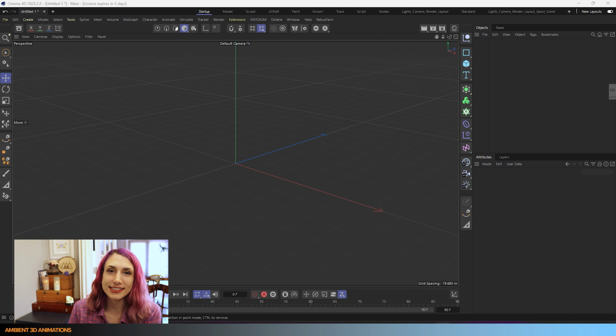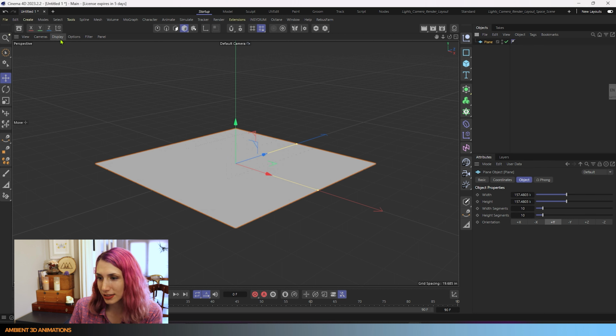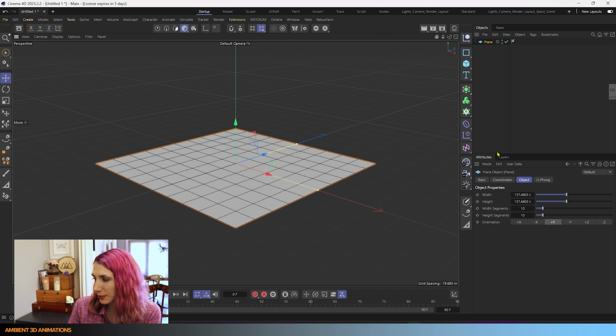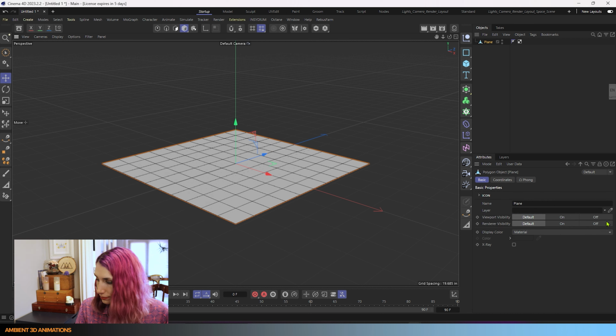So here we are inside of Cinema 4D, and the very first thing that I will do is drop in a plane, similar to last time. So here we are, we have a plane in our scene. We'll turn on lines so that we can see more easily what is happening. And I like round numbers again as usual, so I'll make this 150 inches by 150 inches for the width and height. And now we have segments we can choose. I think 10 are fine for this. You can hit the C hotkey or hit the make editable button right over here.